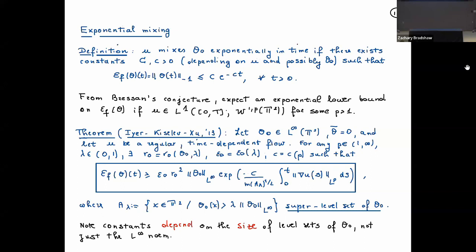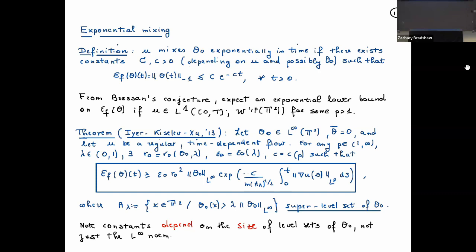So let me state the theorem. You start out by taking a bounded function θ0 in L infinity, again with average 0. This is my standing assumption. And I'm going to take u to be a regular time-dependent flow, okay? And then for any p, so u will be smooth so that I can do an estimate for any p, for any p between 1 and infinity, but not 1,